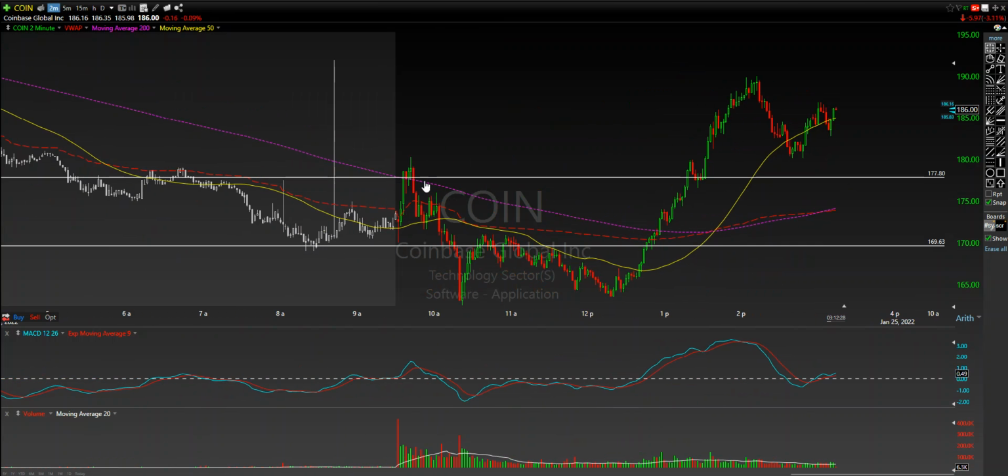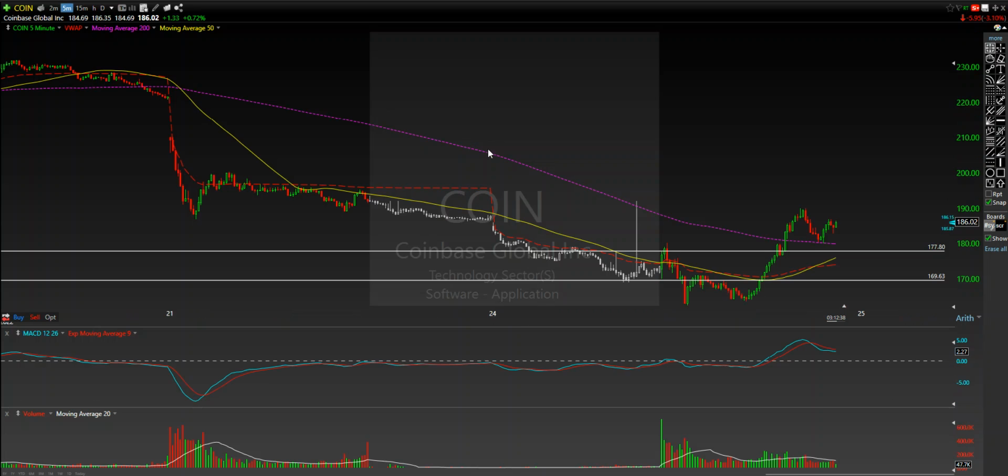I got in a little bit late. I should have been taking a short position right off of this reversal below the 200-day simple moving average on a shorter time frame. Fact of the matter is, back on the 5 minute, what I was doing here was